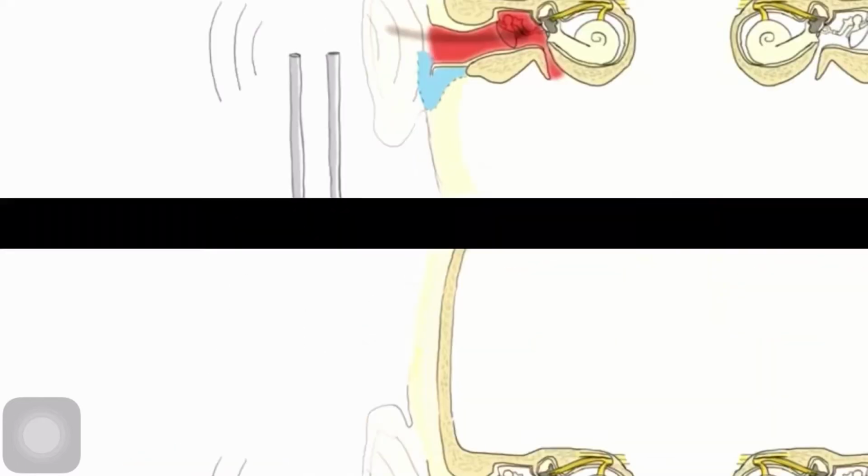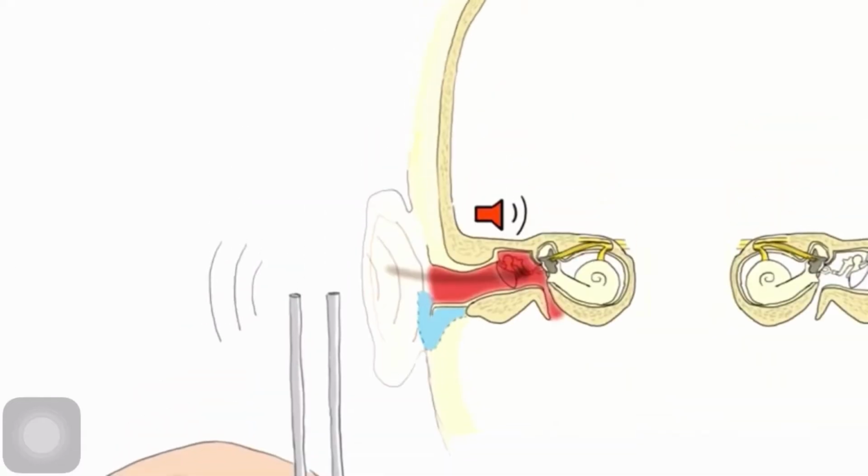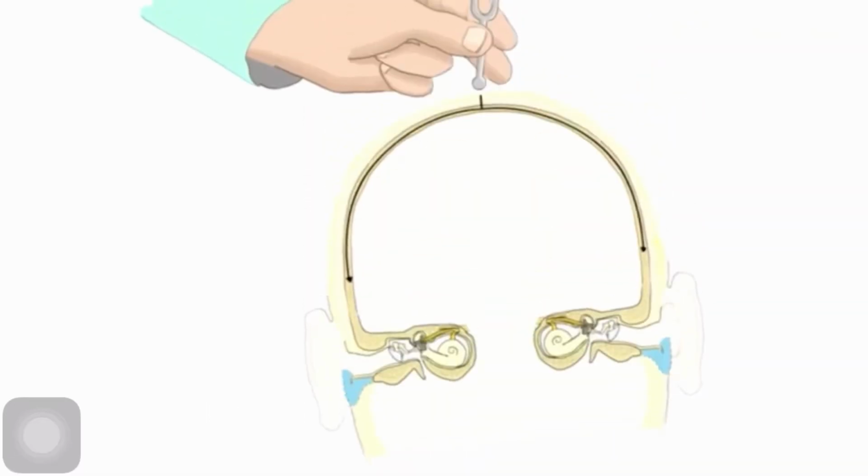Now let's see some pathologies. So if there is any conductive hearing loss, the person won't be able to hear the vibrations after you place the tuning fork in line with the external ear. This shows that the bone conduction is more than the air conduction. So you can say that the person has conductive hearing loss. So we come to this conclusion that AC is more than BC in normal ear, or it can be in sensorineural hearing loss because the Rinne's test cannot diagnose sensorineural hearing loss, and BC is more than AC in conductive hearing loss. Now let's come to the second test, that is the Weber's test.